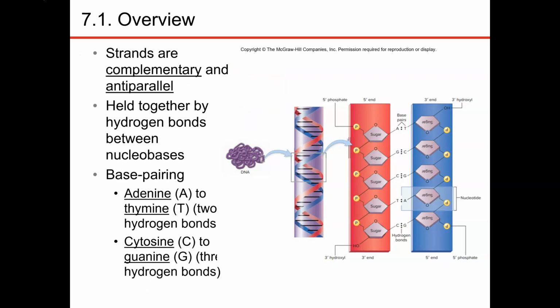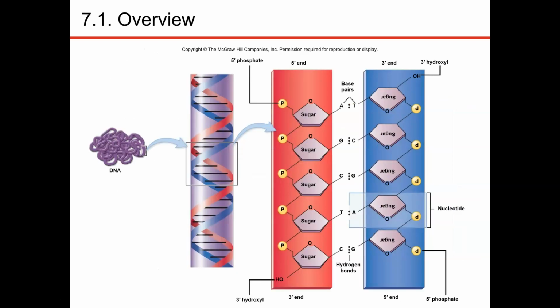I mentioned that they're complementary to each other and they run anti-parallel, so they run in the opposite direction. One is upside down to the other one. I also mentioned that adenine and thymine bind together and cytosine and guanine bind together. So there's the very large picture of what I was showing you. I'm going to stop here because this has been almost 10